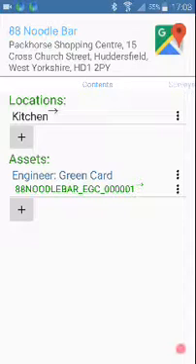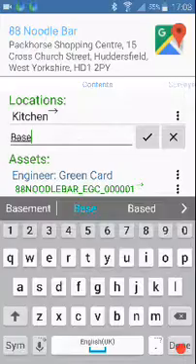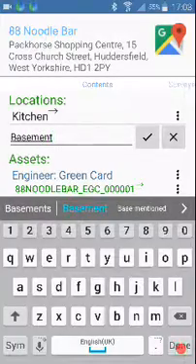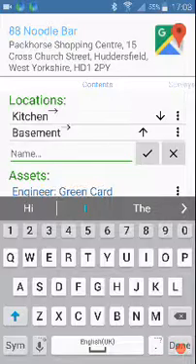So let's assume we're looking at an office block. I'm going to start adding locations, and the way we do that is to hit the black plus sign underneath locations, and you can start adding the floors. So let's say we've got a basement. I'm going to hit the tick sign. I'm going to add another one. I'm going to say we've got ground